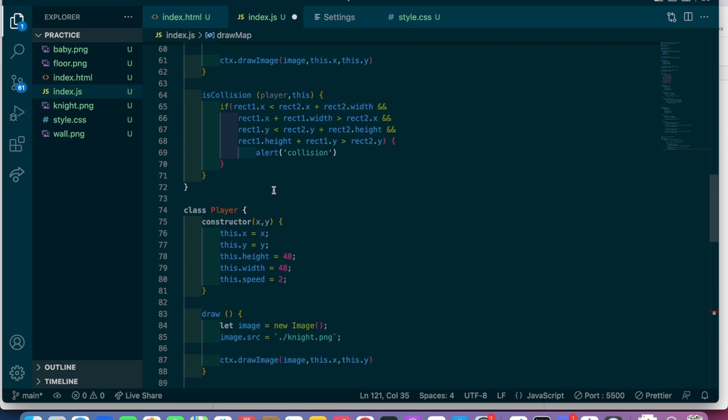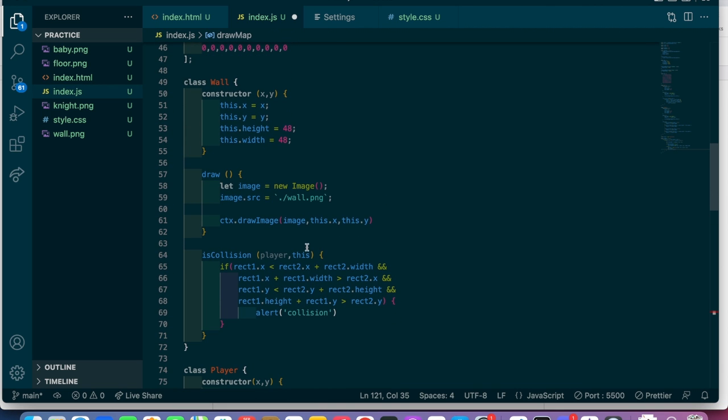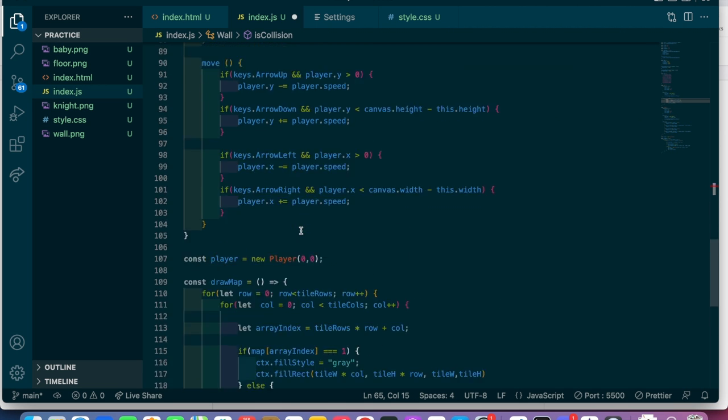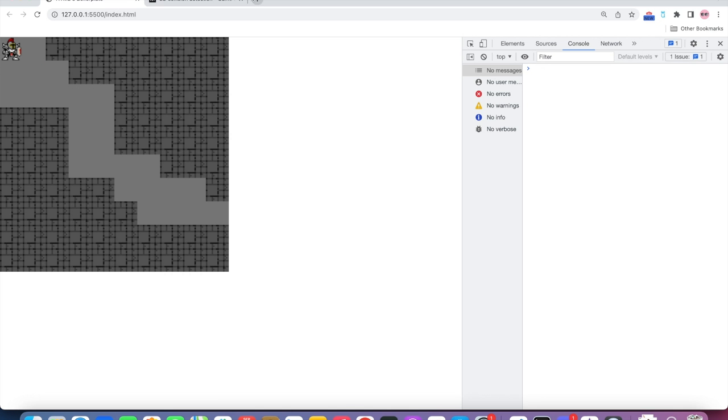So let me make sure I did this right. Okay, this actually should be rect1 and rect2. I knew something felt weird, because you're passing in rect1 and it's going to be applied to this algorithm. Same with rect2, but down here we want to actually pass in the wall and then the player. Okay, so let's see if this works. Close this,